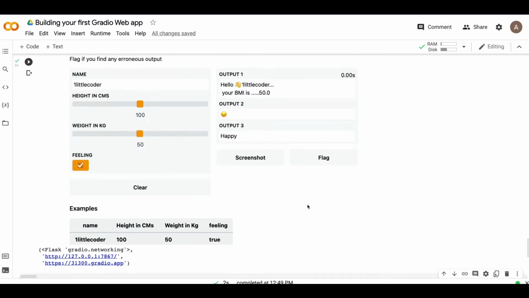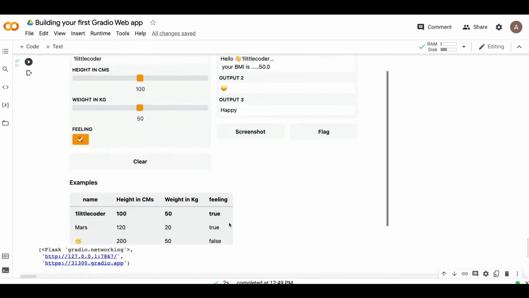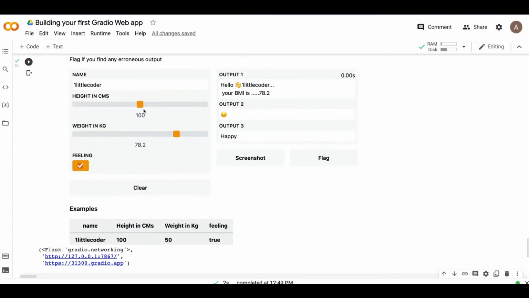This is useful in some situations, not in others. For example, if a model inference takes a lot of time, then you wouldn't want this to happen, because if somebody by mistake clicks something, it would still start processing. So you would want that explicit submit button in those cases. In cases like this one, we don't necessarily want somebody to click submit. You change the slider, and the output changes. So in cases like this it makes sense, but in some other cases it may not.